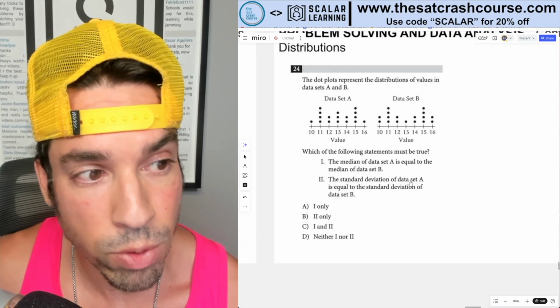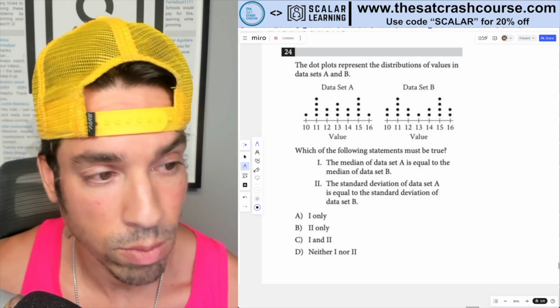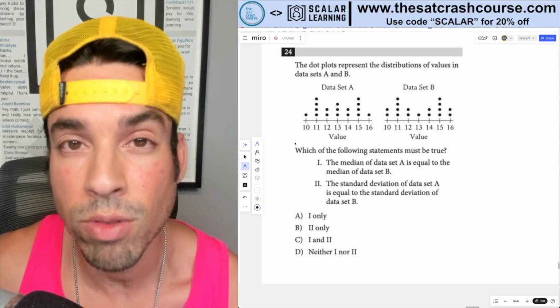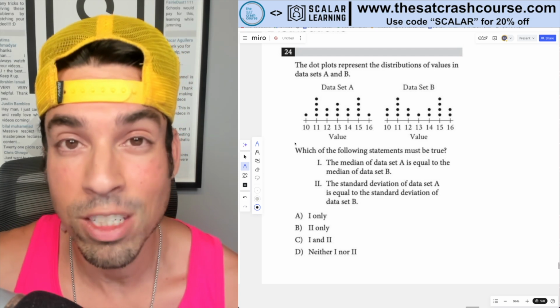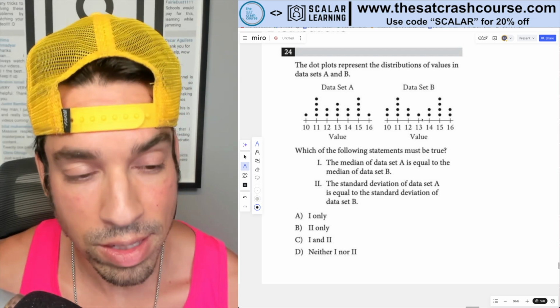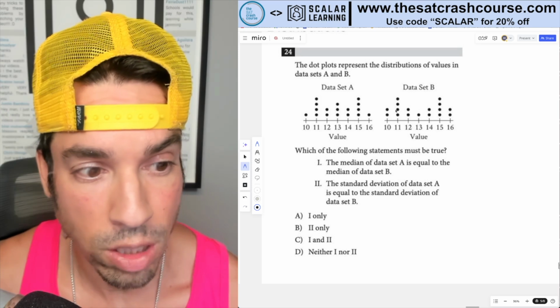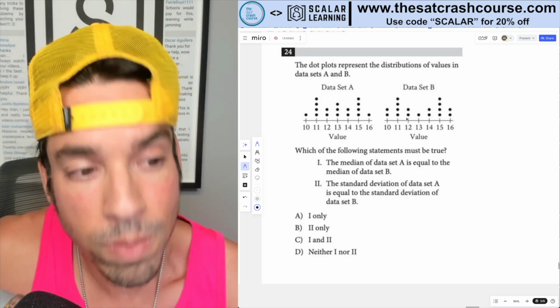Now, the beautiful thing about standard deviation problems on the SAT is you don't actually have to remember how to calculate standard deviation. You have to understand what standard deviation is, though, which is simply the spread of the data. The more spread out it is from the center, the greater the standard deviation. The more tightly packed it is, the closer it is to the mean, to the center, the smaller the